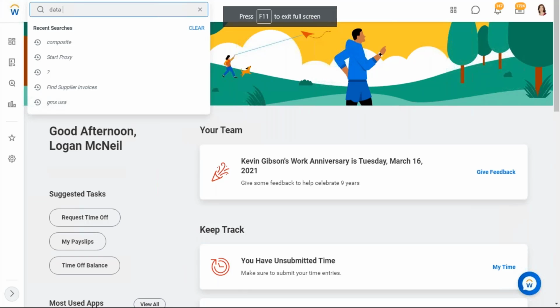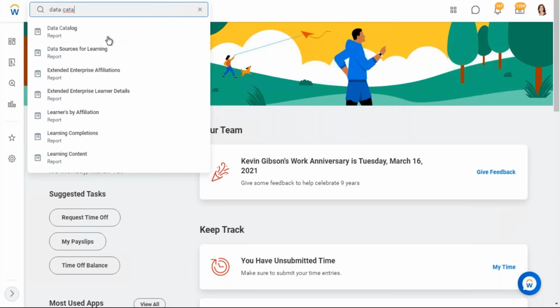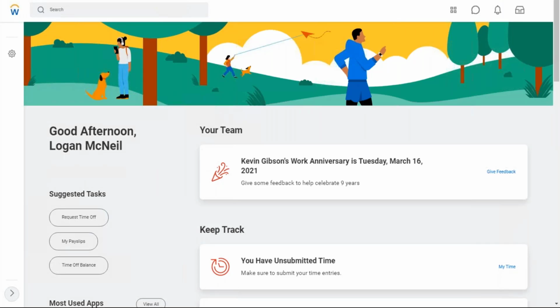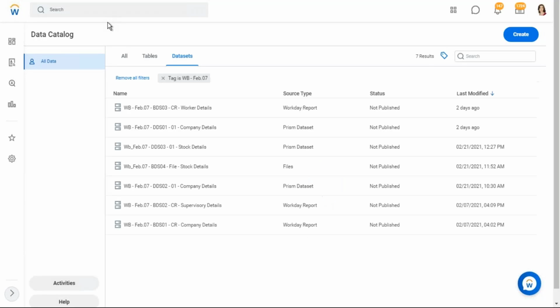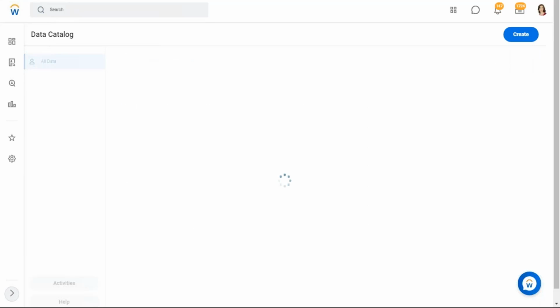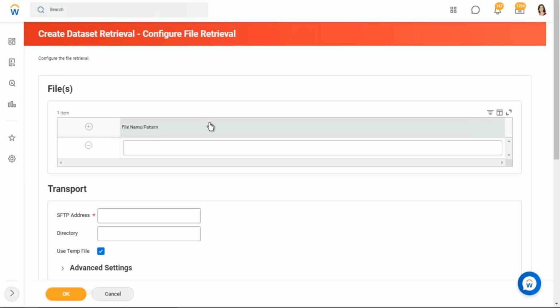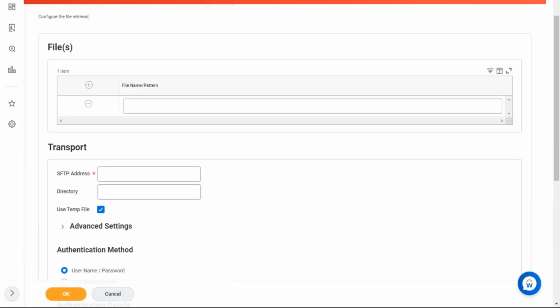Okay, so data catalog, and I want to create a base data set using a file. All right, so I'll go to the create option, create from SFTP. All right, so the first difference is, see, unlike a file from a local machine wherein you yourself manually select